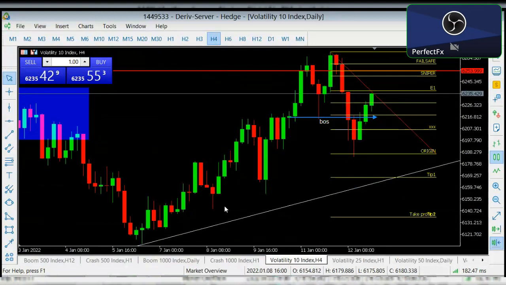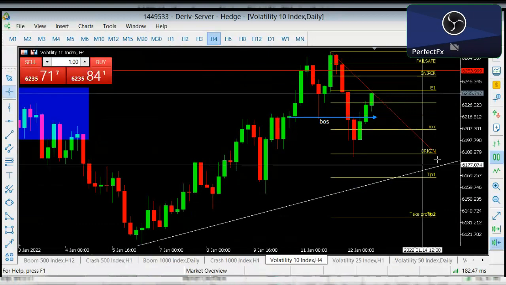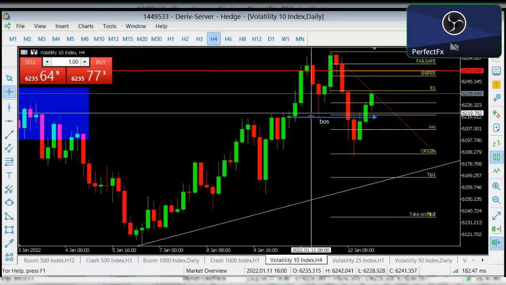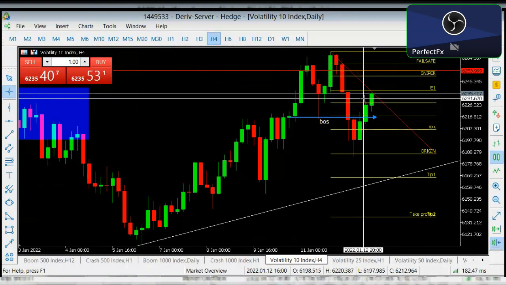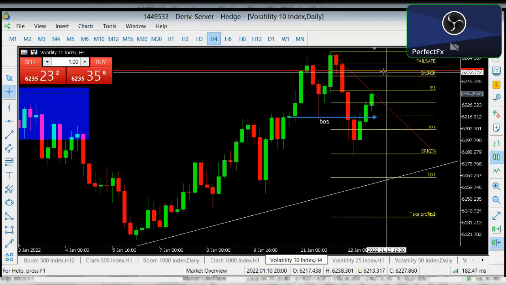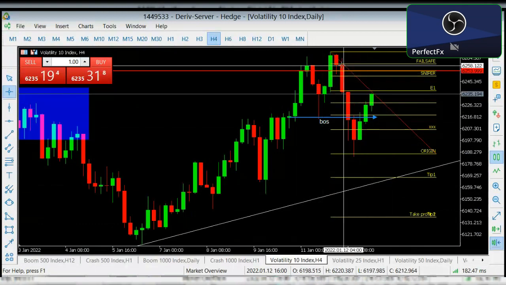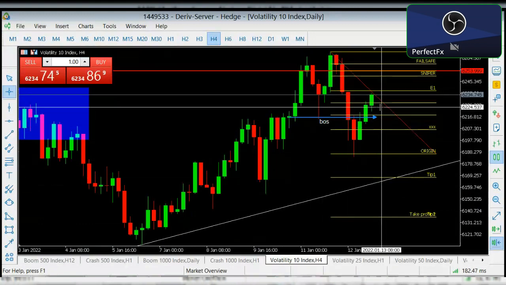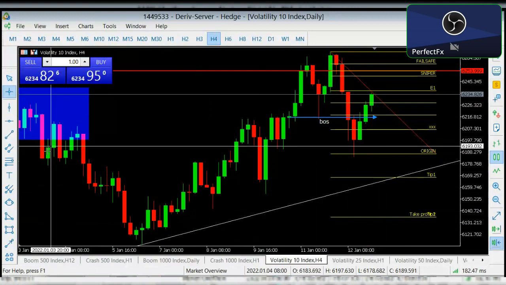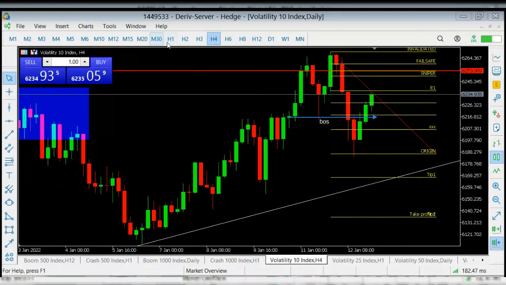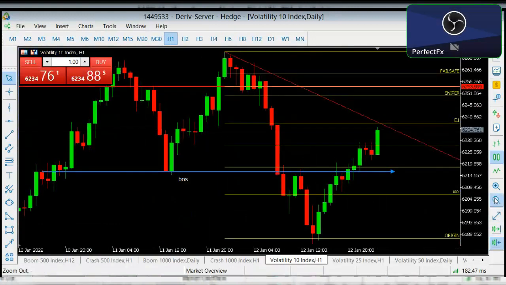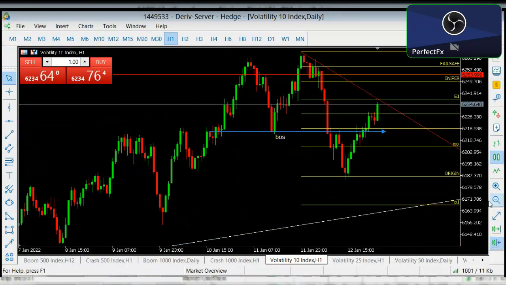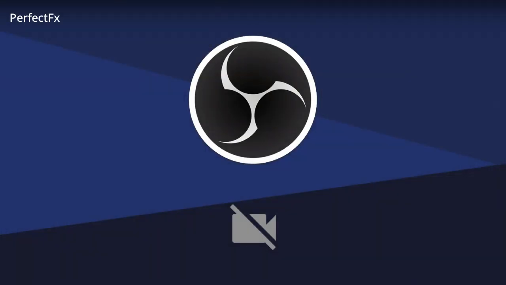So on the 4 hour time frame, you get to see that structure has been broken at this point. Now this whole occurrence here is a very interesting point. It's already a point of interest. So what we want to do is scale down to the 1 hour time frame to be able to garner more information on what is happening on the market,